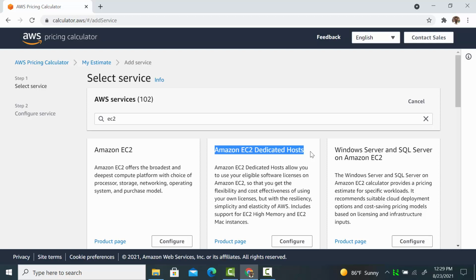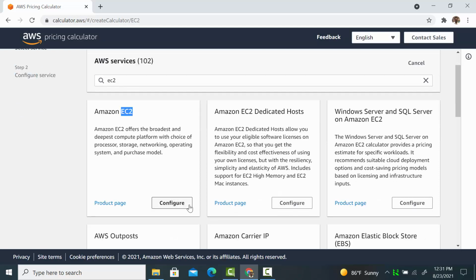Now, why would you want to do this? The only scenario where this is useful is when you want to bring your own license to AWS. For example, you already have an existing enterprise software license that you would like to use in the cloud. A lot of times, these licenses are tied to physical sockets and cores. By using a dedicated host, you can comply with those licensing terms. For this exercise, we'll primarily focus on the EC2 option